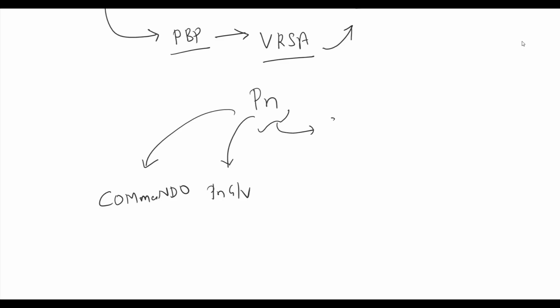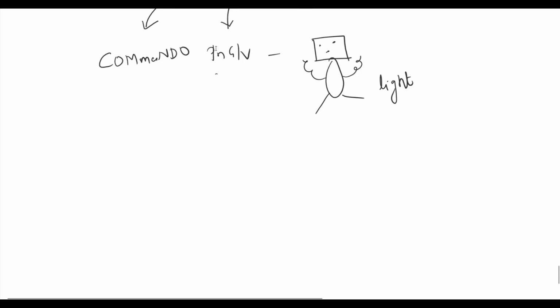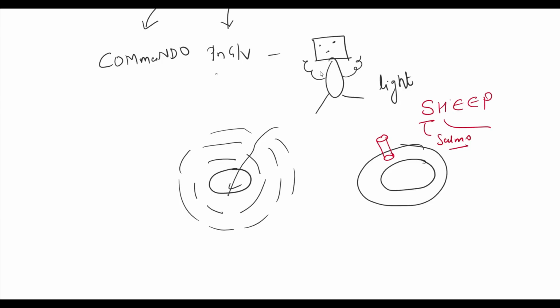Now we want to extend the spectrum of penicillin. So we cut the side chain of penicillin and make the penicillin molecule light. Now this penicillin molecule can cross the cell wall of all gram-positive organisms and can cross the porin of many gram-negative bacilli, which include the SHIP organisms. That is Salmonella, Haemophilus influenzae, E. coli, Proteus, and Enterococci.